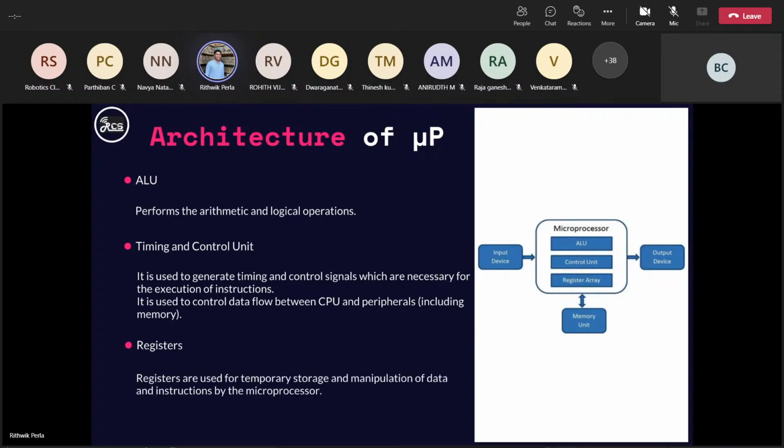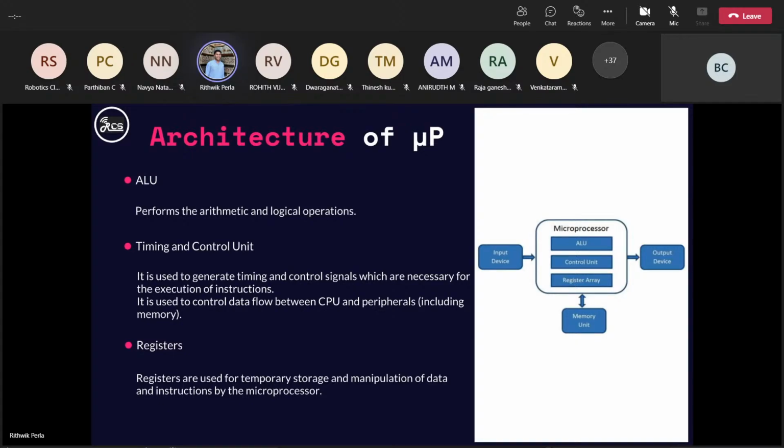So registers are nothing but the storage space present in the microprocessor where you can store the required data or the instructions, the code, what you normally store, right? That will be stored in registers. Registers are of different lengths. It can be a 16-bit register, 8-bit register. So depending on that. Now let's go on to the timing and control unit.